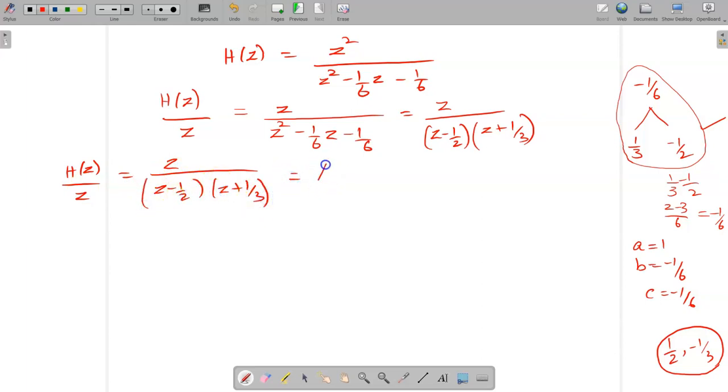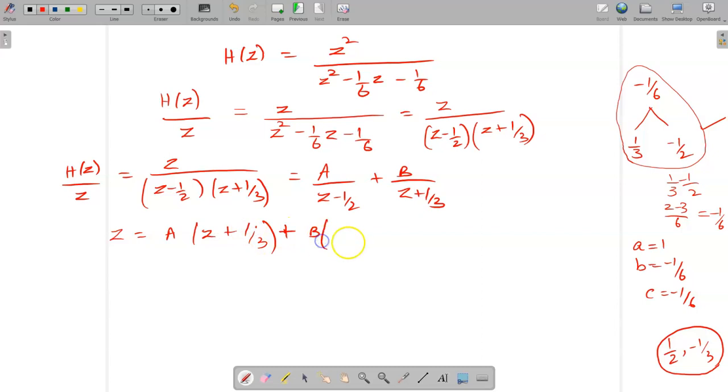So apply the partial fraction, a by z minus 1 by 2 plus b by z plus 1 by 3. Okay, so what is your numerator? Numerator is z, right, in the left hand side. Cross multiply and write, or just compare the value in the denominator. Here already z minus 1 by 2 is there. Okay, what is not there? z plus 1 by 3. That value you multiply with the a. So a into z plus 1 by 3